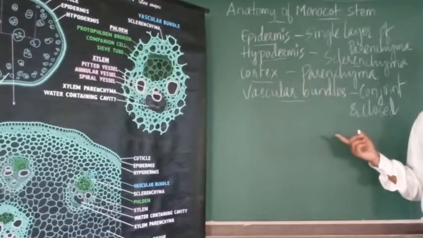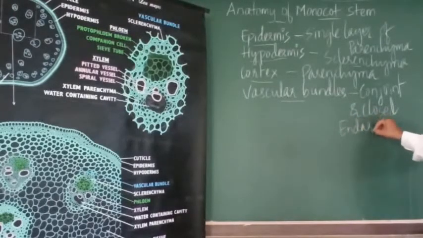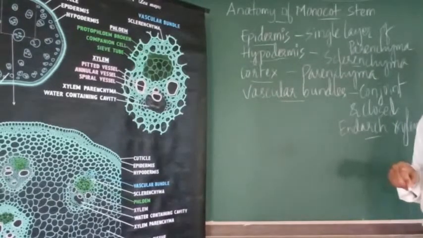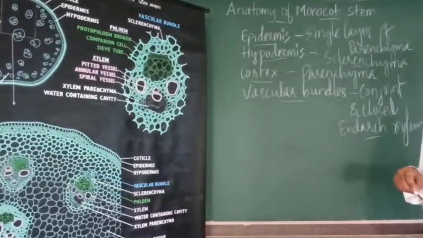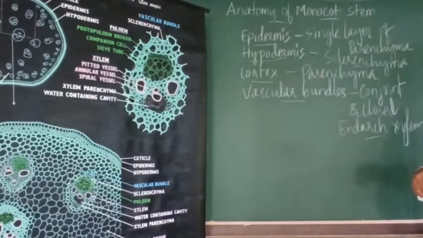Then if you consider the xylem, you find endarch xylem because protoxylem is facing the center. So that is the structure or anatomy of